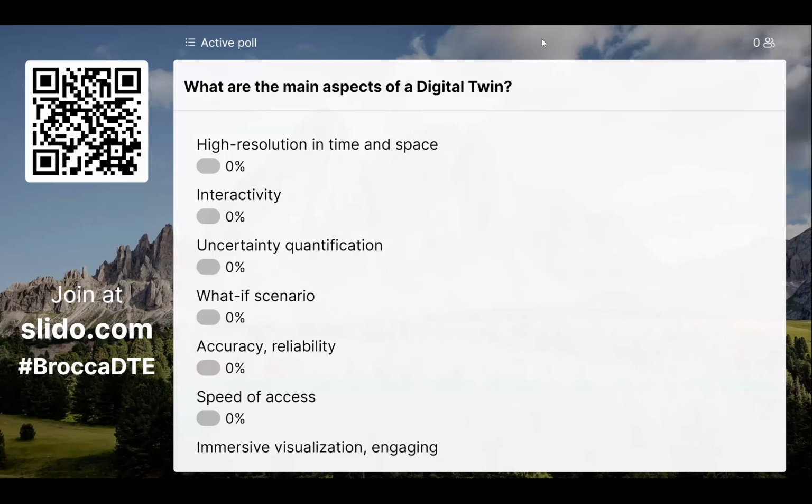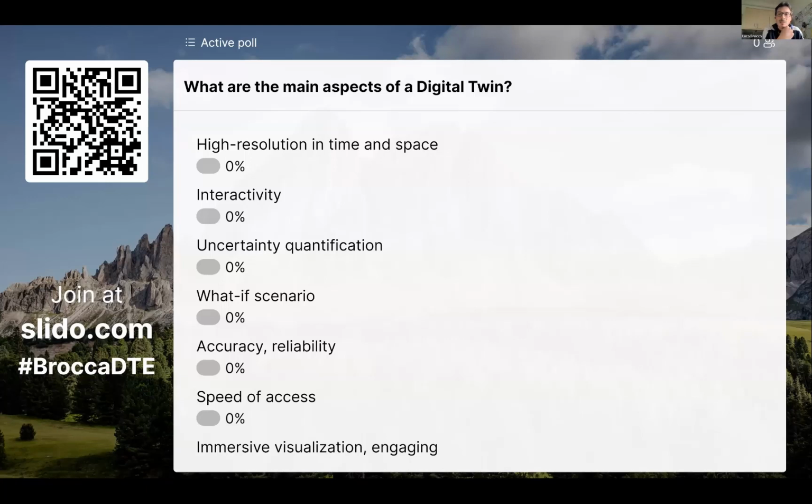Can you share the link in the chat? The link. I can do that for you. I can do that. Yeah, we will do that. Thanks. Erin will share. Thanks. But if you scan the QR code with the mobile, it is probably easier. And let's see if somebody answers.